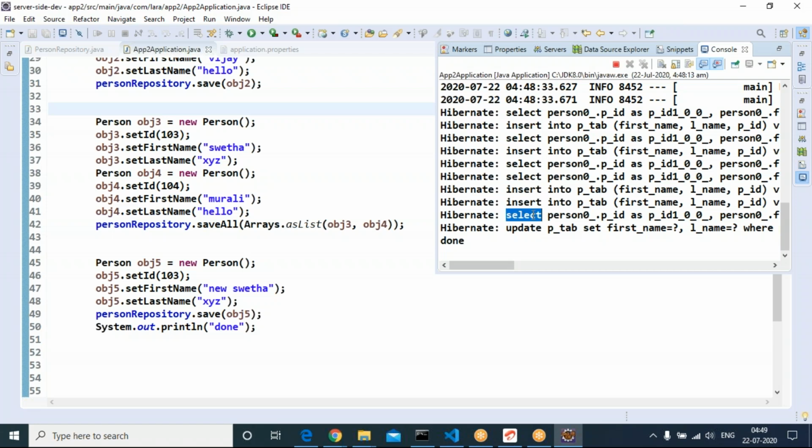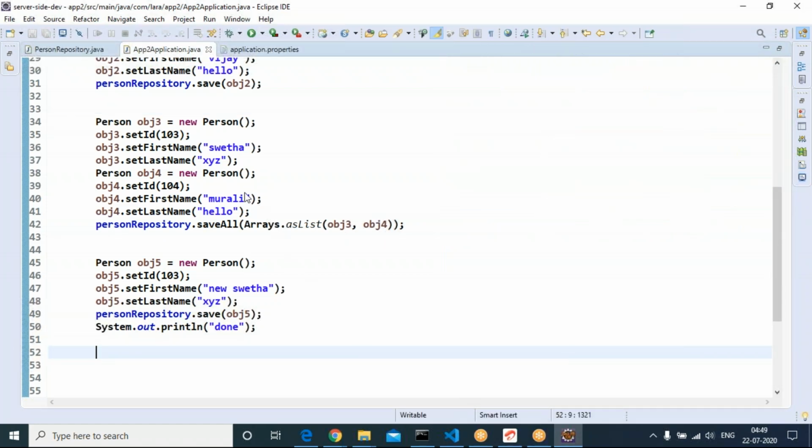Again select, this record is already available, go for update. 103, while saving the second time, it is going for update because it is already available. So the save function itself is used for both inserting and updating.